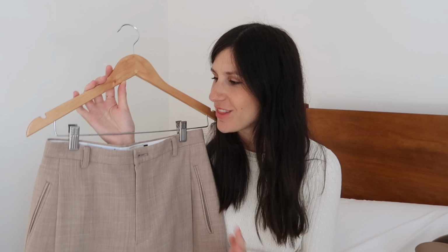trousers. So the second outfit wearing these trousers is for more of a casual or relaxed office environment. So here I'm talking about a situation where you are going into the office and people are seeing your entire outfit as opposed to just from your chest upwards in a Zoom meeting. So I've opted for something that I've personally worn. Again, this is going to come down to personal discretion and what your workplace is like, but I've opted for